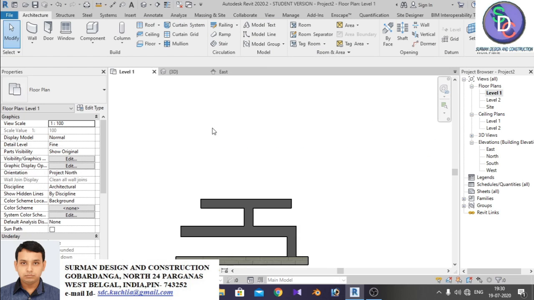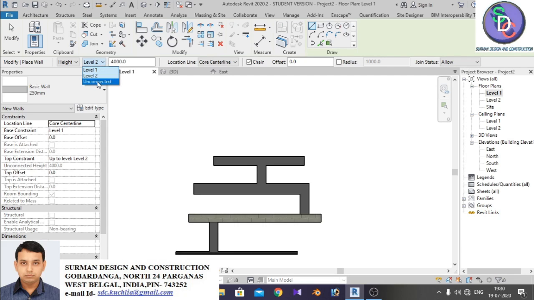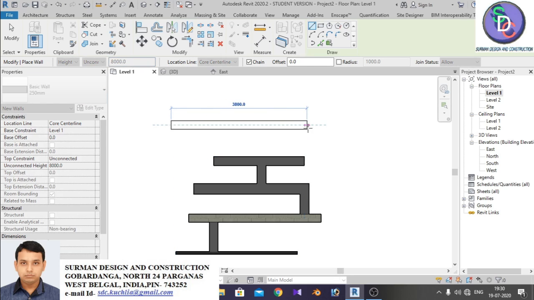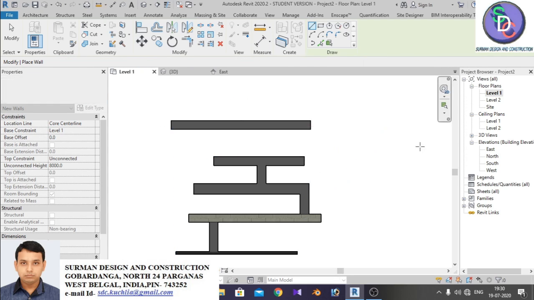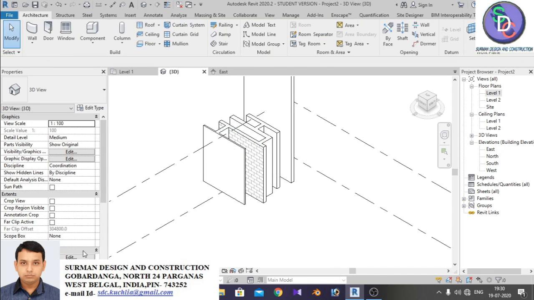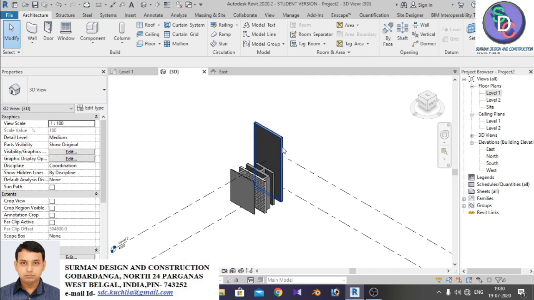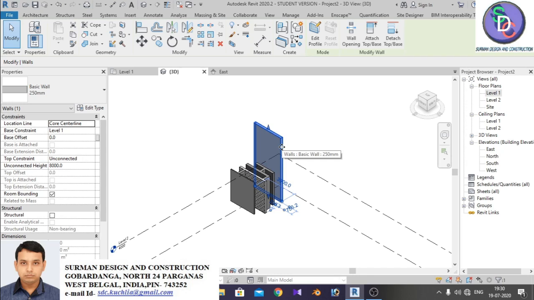Now if we create a wall with an unconnected length of 8000, and we have created this wall, then in 3D view you can see that our wall has been created. We are going to realistic or shaded view for better understanding. The wall is created to an unconnected height of